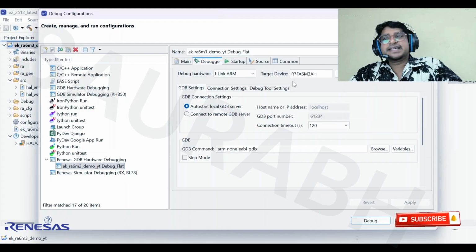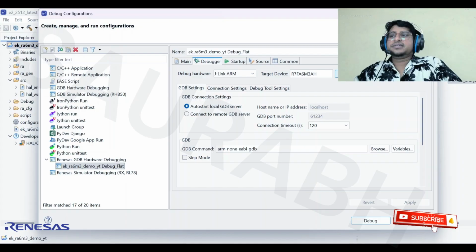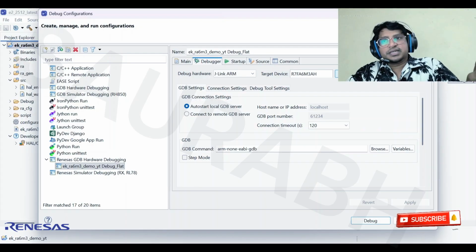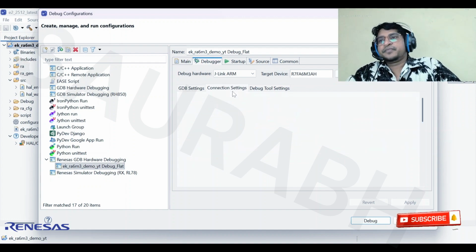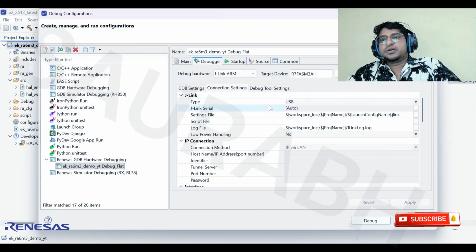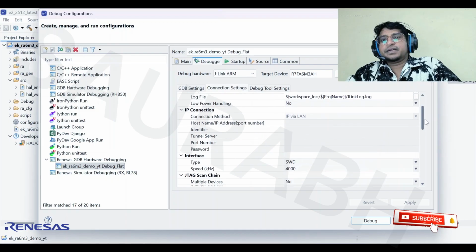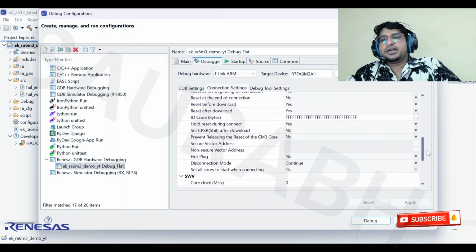As we have selected the EK tools, it automatically gets the correct part number. If it doesn't get the correct part number, then you have to go with these options. Later on we can see when we have to create a separate part number, or we want to modify the part numbers and debug tools, no issue. You can see here the connection setting is already there, USB, and the other required settings are already here.